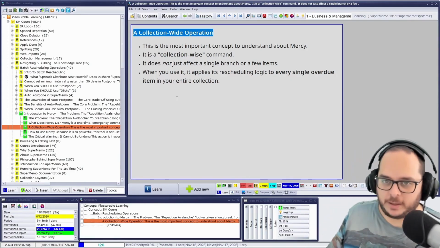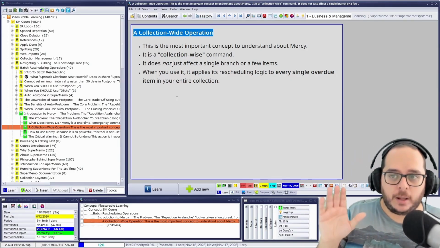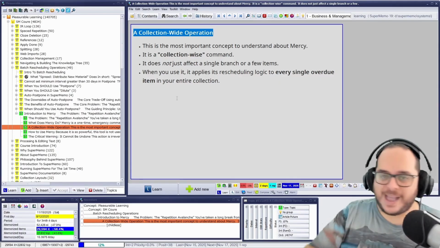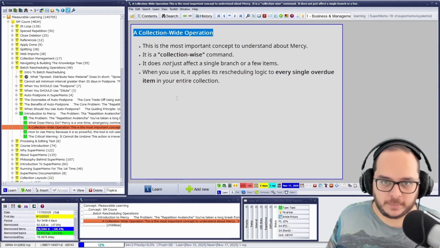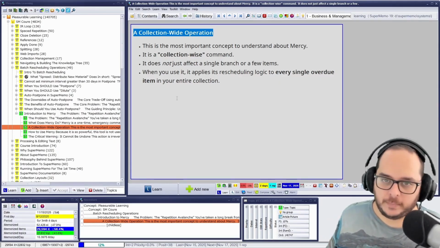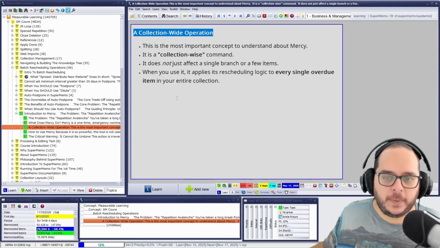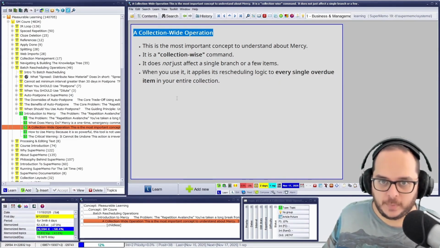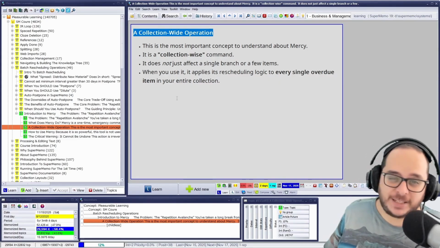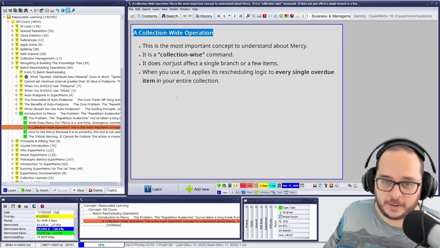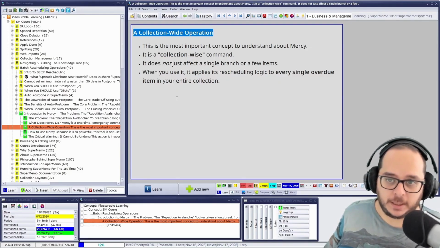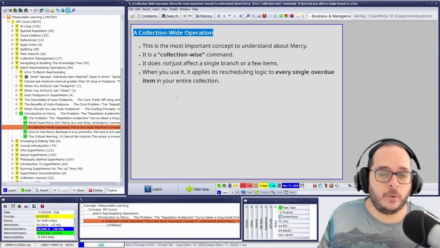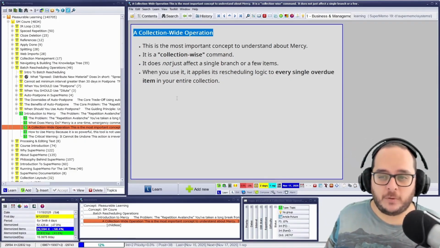In mercy, it's everything. Your entire collection. Everything will be overwritten. That's why it's the last resort. You should use mercy before death, before deleting your collection, basically. Because you will overrule 100% of what SuperMemo has done.